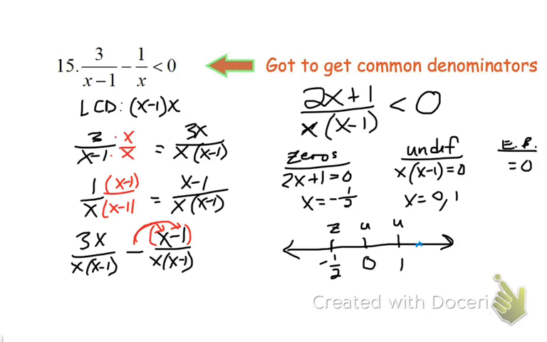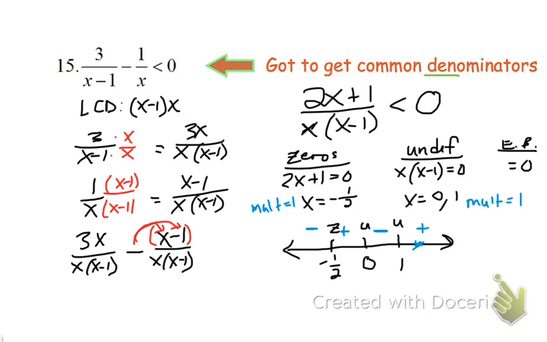X equals 2 is right here on our sign chart, somewhere over in this interval. So if we plug in x equals 2, we get a positive numerator divided by a positive denominator, and that gives us a positive interval on the outside. Again, each of the multiplicities of the values that cause the expression to be undefined and the value that causes the expression to equal 0, each of these multiplicities is odd, so the signs will alternate, positive to negative, positive to negative. We're going to solve our inequality